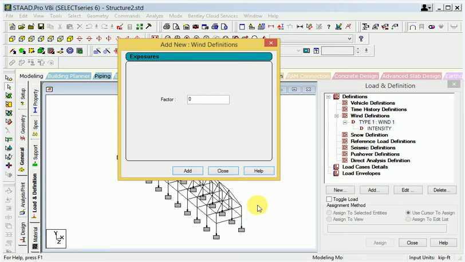This is apply, and the intensity is 1. Now the intensity is 1 here, then close.